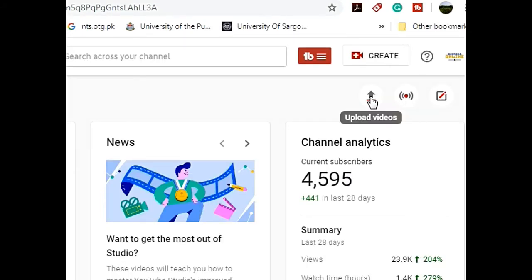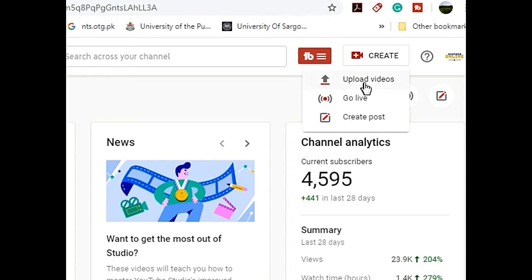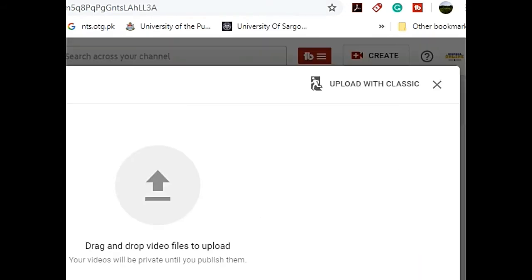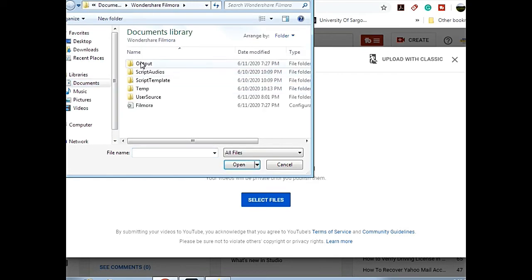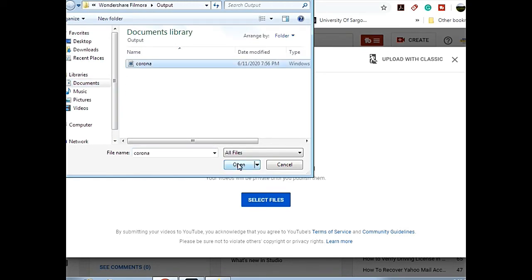This is the old upload icon and this is the new YouTube video studio. Upload video, select your videos, select here, open,